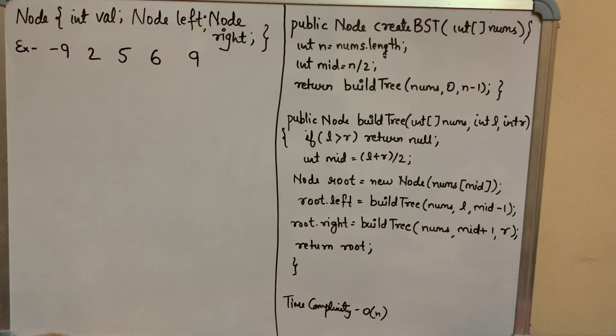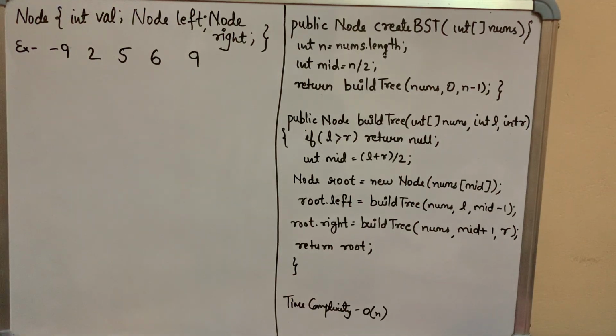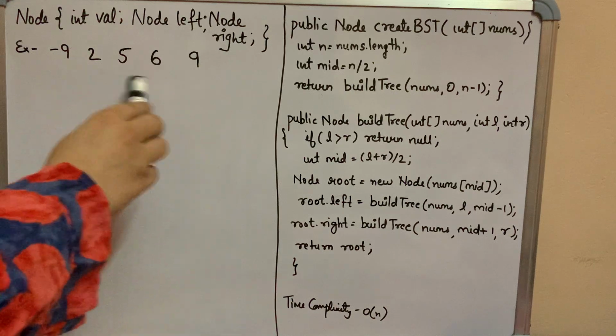There can be multiple approaches, like brute force and all, but the one which we will follow here has a time complexity of O(n). This solution has O(n) time complexity, where n is the number of elements in the array provided. So let's go together with your code as well as your example.